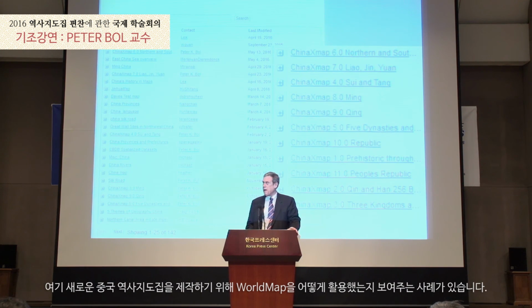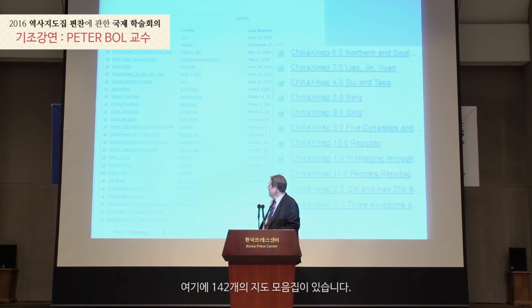Here are some examples of how we have used World Map to begin to create an historical atlas, a new kind of historical atlas for China, which you see here. There are 142 map collections on China in World Map.